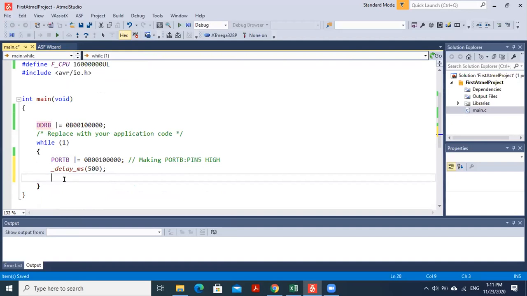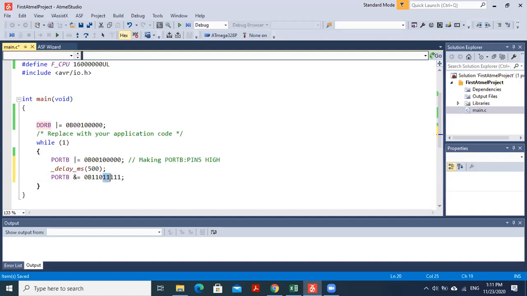So one way of doing it is making all of this 0, right? I can do it as PORTB equal to 0B00000000, right? But then I will change all the pins. I just want to change the fifth pin to low. How do I change something to low? I can AND with 0 while the rest of the pins are ANDing with 1, right? So for that I can do this one, AND equal to 0B11011111, rest of the pins 1, right?